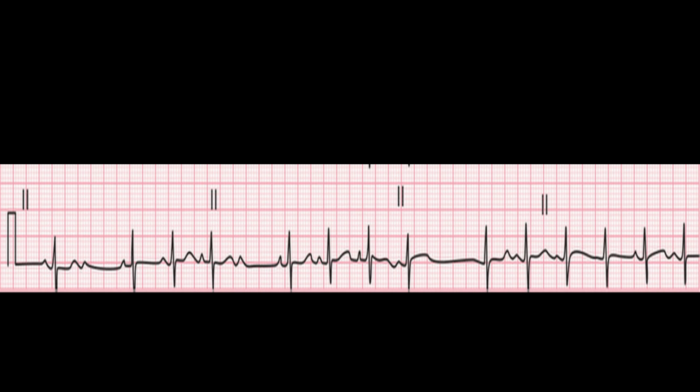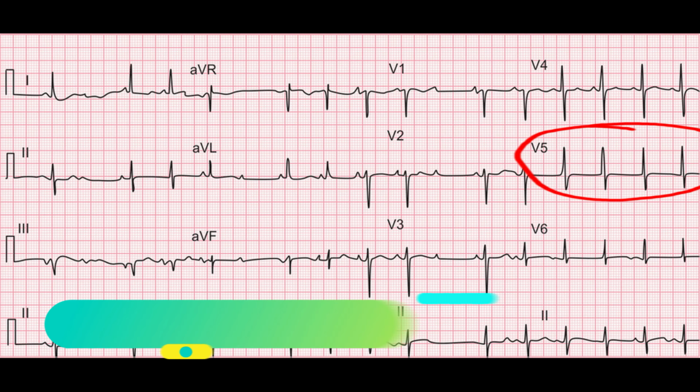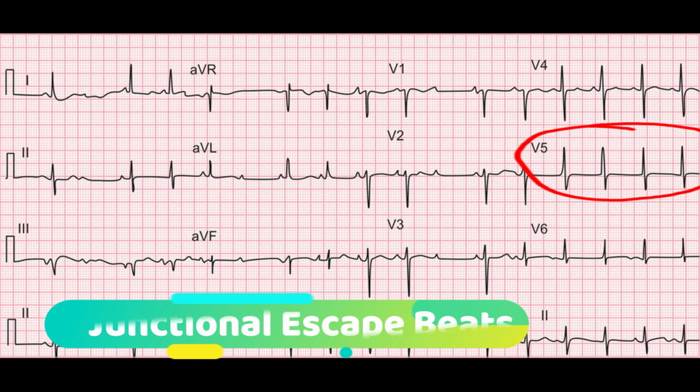Then you look in lead V5. There are QRS complexes, but there is no P wave in the last 4 complexes in V5. Those are junctional escape beats, like the conducting system has sensed the P waves are not going through the AV node, so the AV node takes over and it gives a few beats to sustain life. So that is junctional escape rhythm.